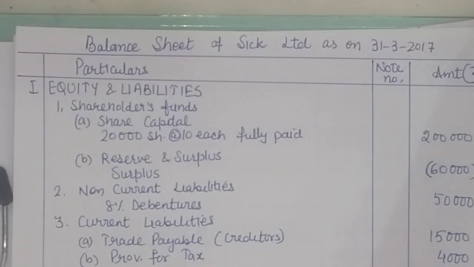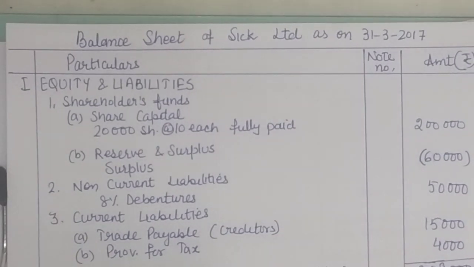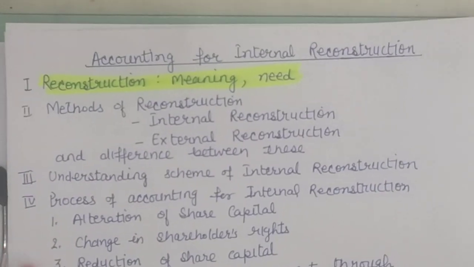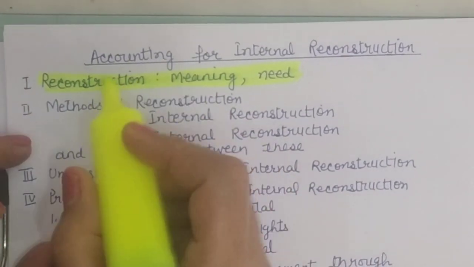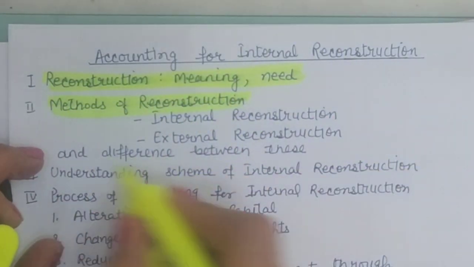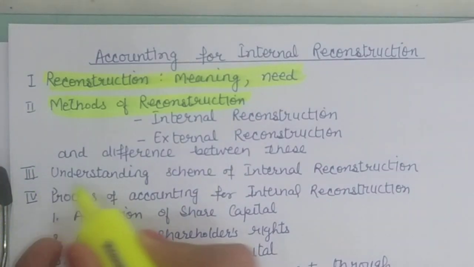Although in our course we are not to see how this scheme is framed, we still need to know what this scheme actually means. Because once we know what is included in the scheme, we are in a position to account for the transactions, because we are to identify the transactions and record them for the internal reconstruction. So in the coming video, we will be understanding the scheme of internal reconstruction. So we have done reconstruction, meaning and need, methods of reconstruction, difference of the two. So next time we will be taking up the third topic,